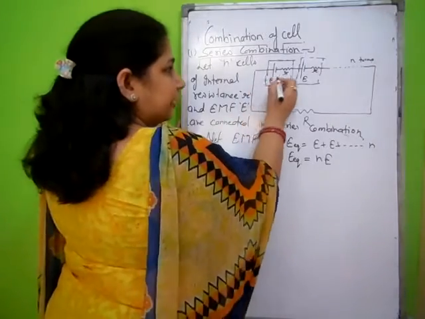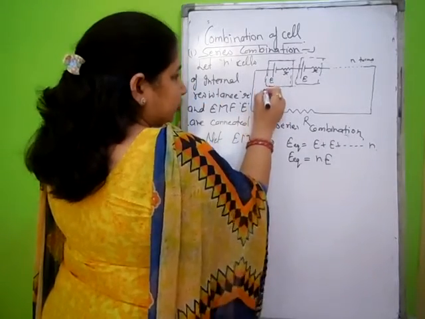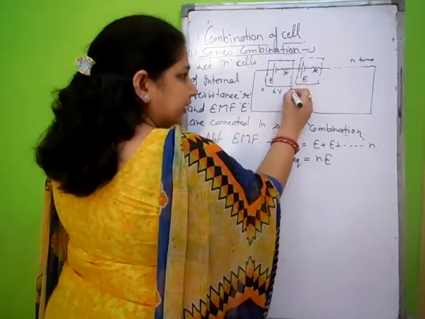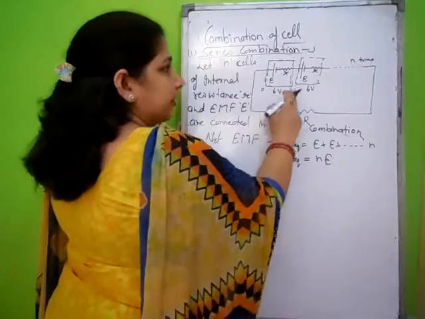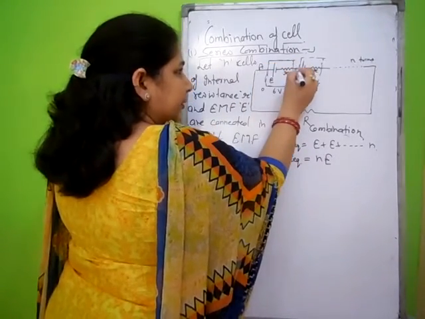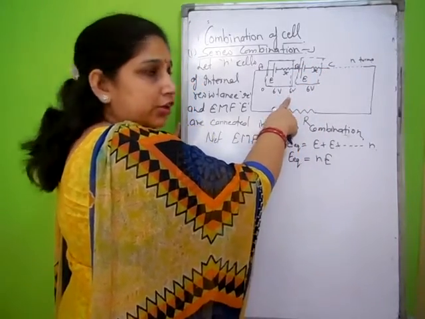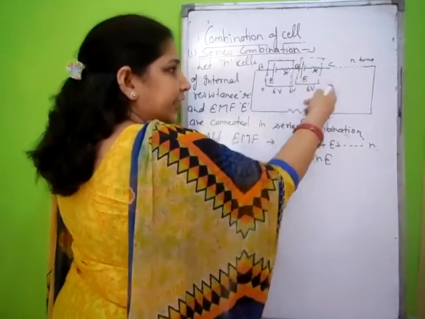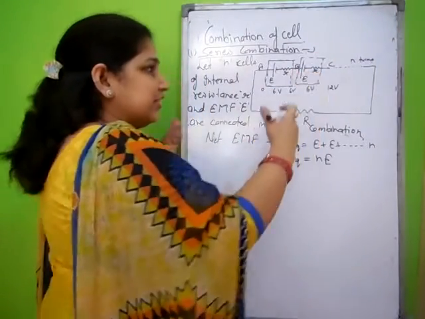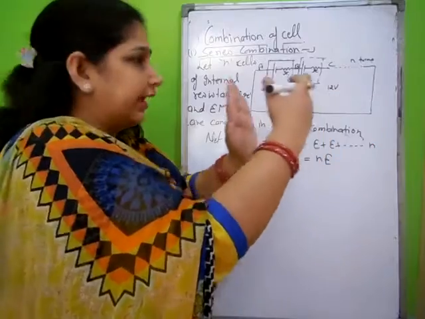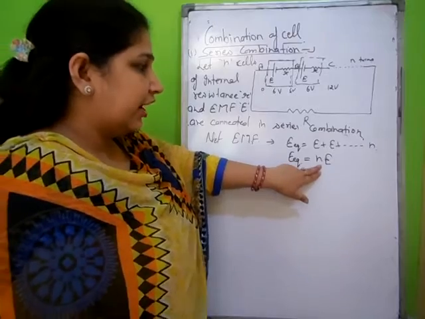Suppose here we have an electromotive force of 6 volt. Got it? Suppose it has 0 potential at one end, then the other end should be at 6 volt. Now we have a 6 volt EMF cell. Then if the end is at 6 volt, definitely the second end of the next cell should be at 12 volt. Got it? It means if we have used n cells, then the potential is added up n times.